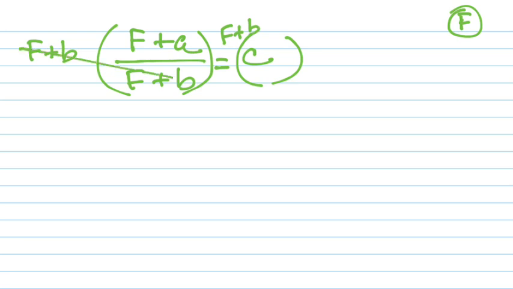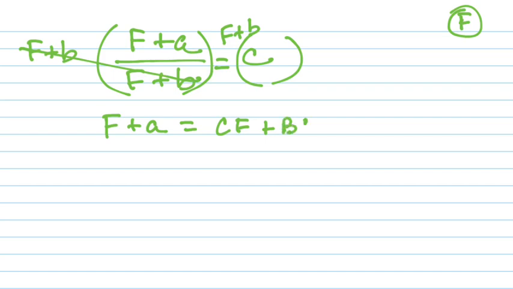Over here, that's easy because they're going to divide each other away, and that gives me f plus an a. On this side, because I'm dealing with one of my f's over there now, I have to multiply this out this time. Okay? I can't just write c times f plus b. I need to go ahead and multiply it out. So I get cf plus